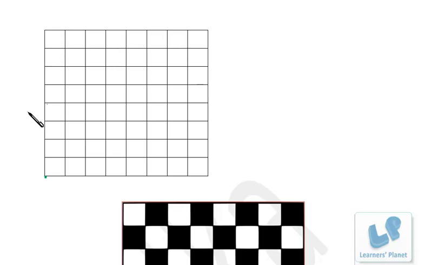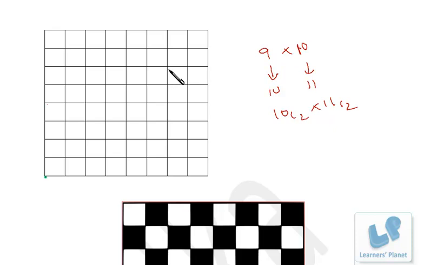See, if instead of a chessboard it is a grid maybe of 8 by 9, you just have to count 1, 2, 3, 4, 5, 6, 7, 8, 9. Right? 9 vertical points, and you have to count how many points horizontally. Suppose it is a 9 by 10 grid, then 10 points will be here and 11 points will be here. One more point is there because 2 points make one line, right? So 10C2 into 11C2 is the number of rectangles when a grid of 9 by 10 is there, instead of a chessboard. So this is how you can calculate the number of rectangles.